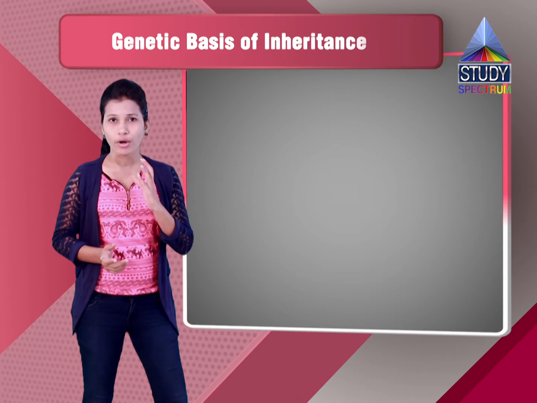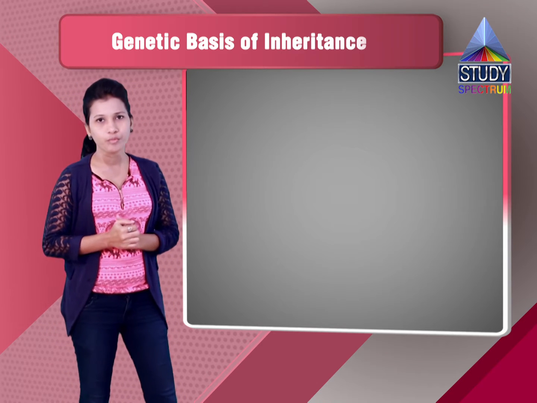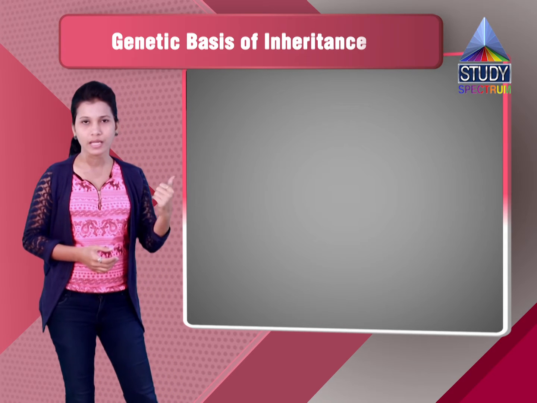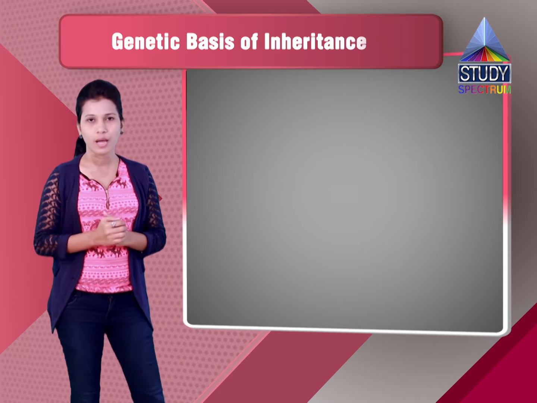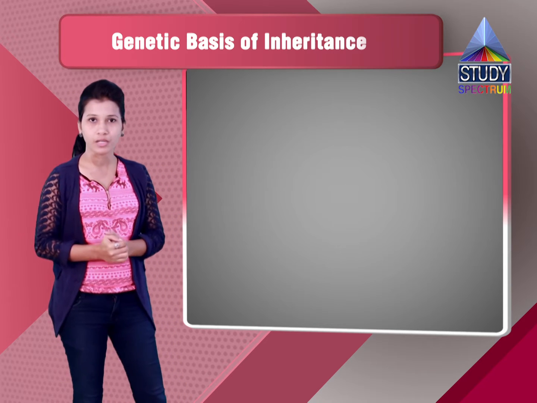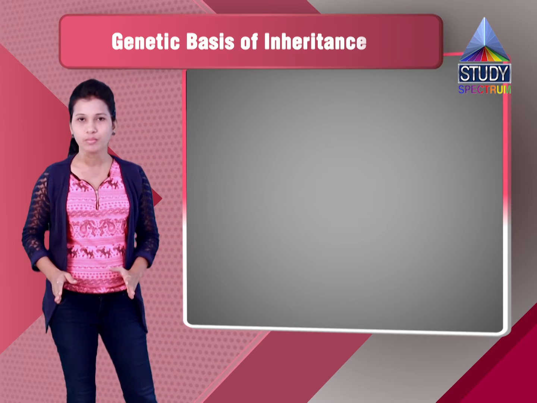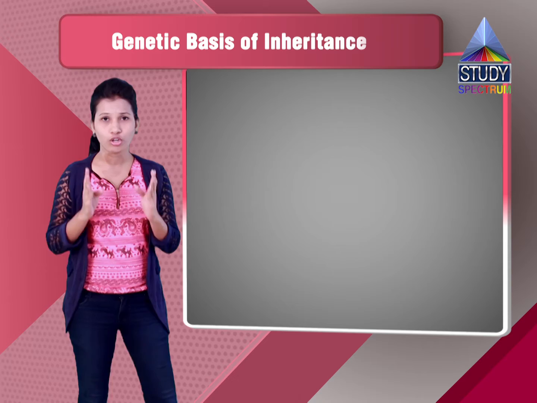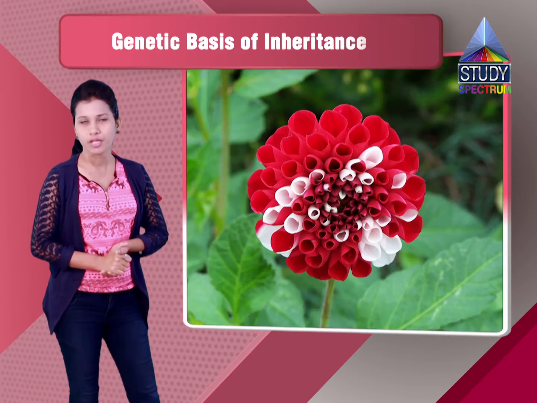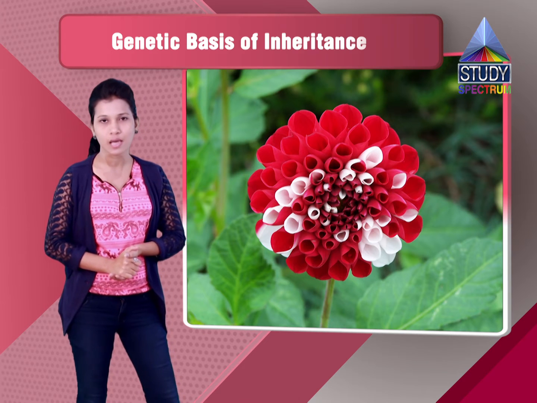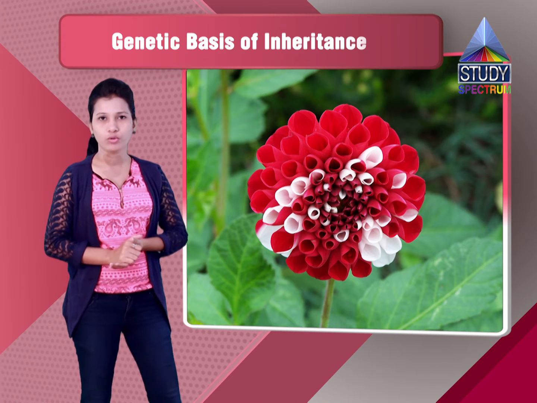If you go according to the Mendelian theory, the red color will give the genotype capital R, and the white color will give the genotype capital W. Here we are taking both the alphabets as capital, because both the genes are dominant, and hence both the genes are expressed in the next generation. So this is how we can explain codominance, taking both the letters as capital for both the traits in the cow and the bull.